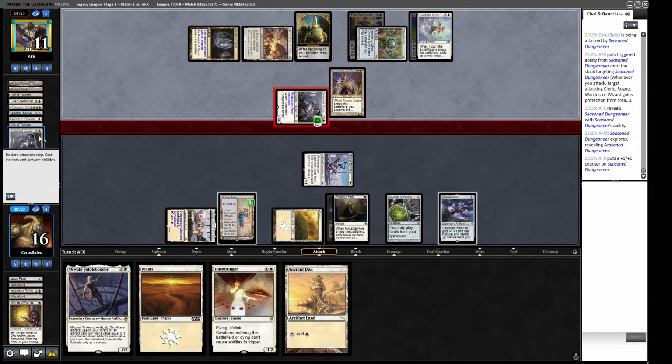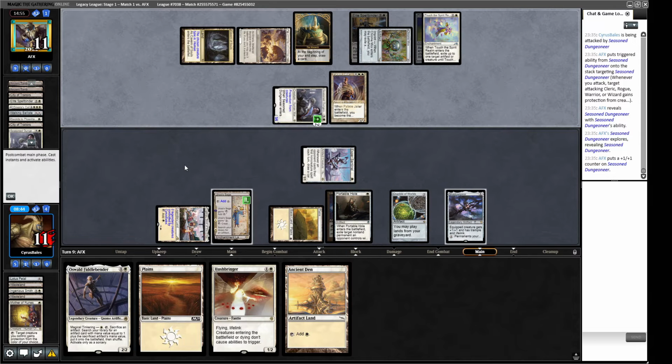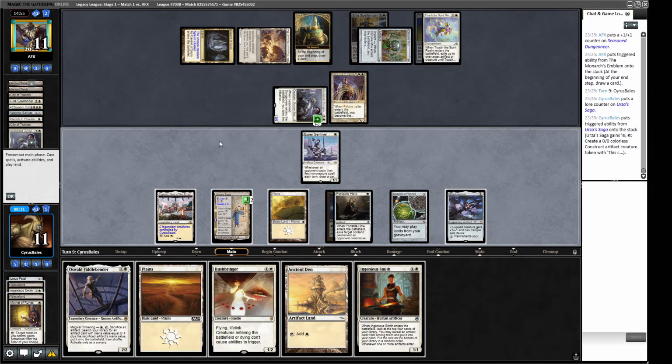Okay, Seasoned Engineer. Revealing Seasoned Engineer. Okay. Not the best for us. This Monarch is going to do some work for them as well. Ingenious Smith and our Urza's Saga ticking up. Okay, what are our choices here? If we put the Shadowspear on this guy, they're just going to kill...